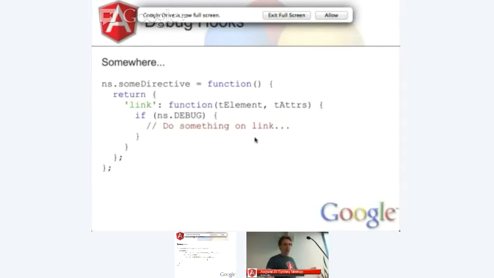And so the example I've got here allows you to hook into the link function in order to do this. This is much less useful now that Batarang is around, and you can do much cooler deep introspection into your JavaScript as it's running. But it comes in useful if you want to do some sort of custom profiling or things like that. So I'll show an example in a couple of slides of how we use this, or more specifically how Ryan has used this.